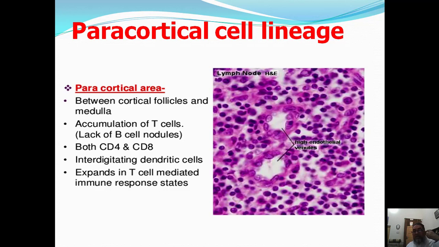Now, interdigitating dendritic cells are also present. A dendritic cell is also an epithelioid modified cell which interdigitates with the lymphatic follicle, meant for the immune response. It moves the CD4 and CD8 cells toward the proper place, attaches them, activates them and senses the various antigen antibody reactions. So dendritic cells are also present in the paracortical region, and in the cell mediated immune response state में ये dendritic cell prominent हो जाते हैं.